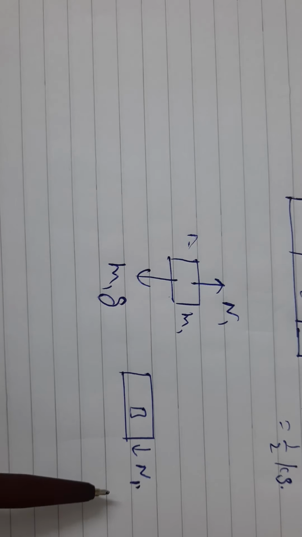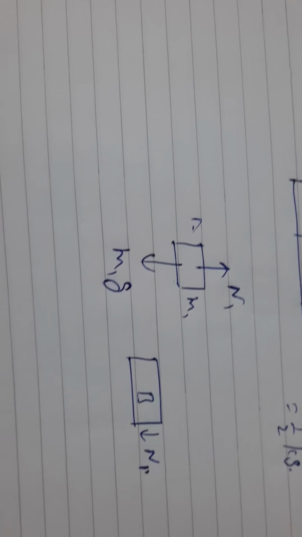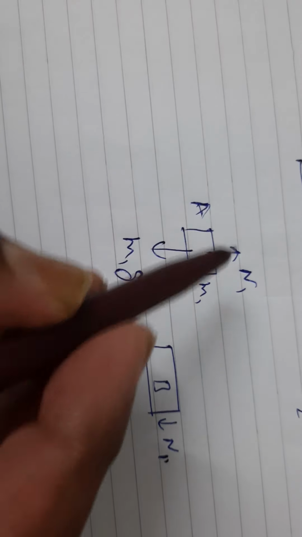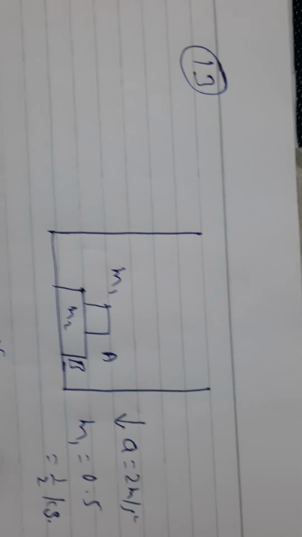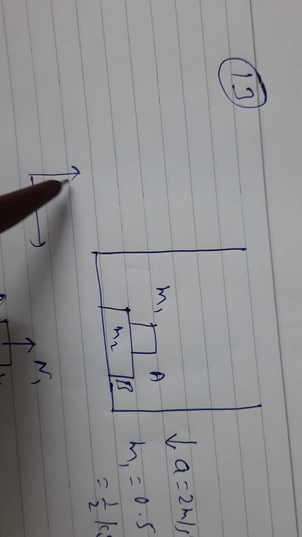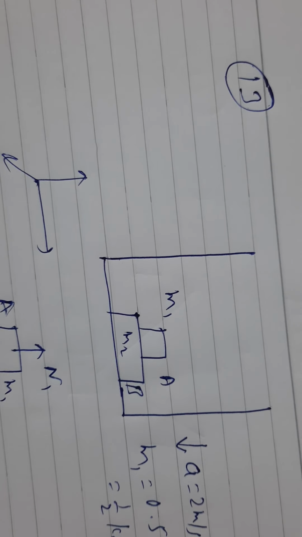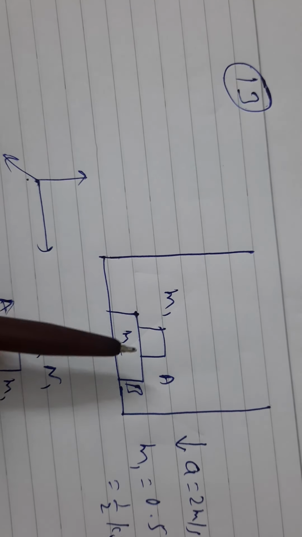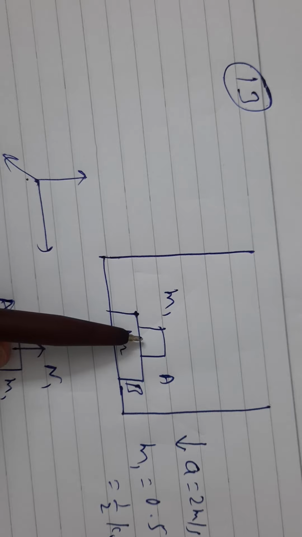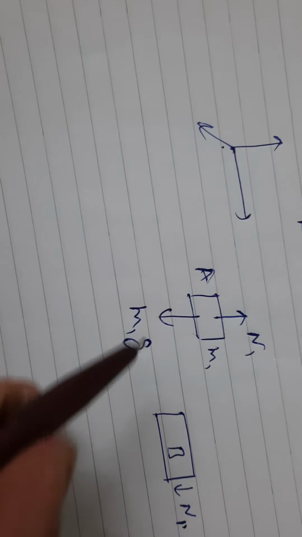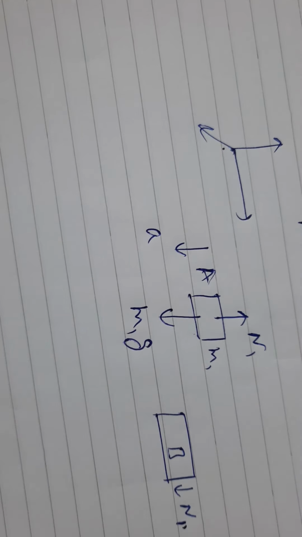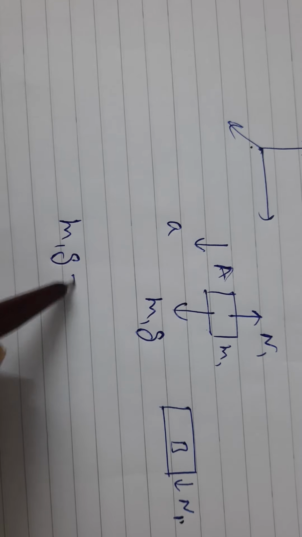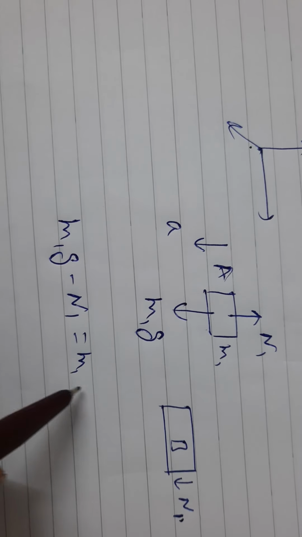Now we need to find the value of n1. This is the force which A exerts over B. If I observe this lift from the outside frame, not from the inside, okay, from inside I will have to assume pseudo force. I want to avoid that. I am observing from outside. Then from outside this A will look like moving downwards, with acceleration a. Now I have a simple formula: net force downwards, m1g minus n1, is equal to m1a.